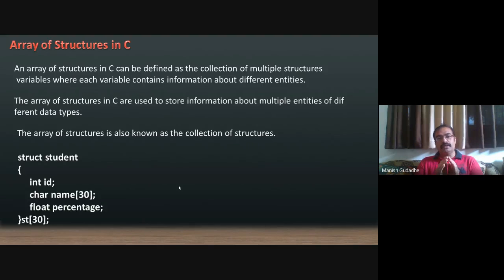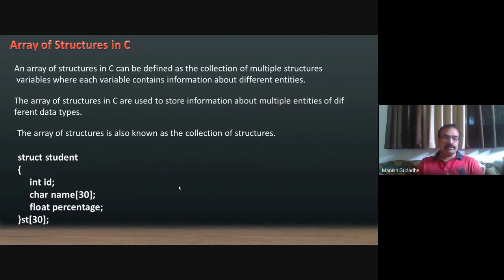So here, while constructing these arrays, we are considering the array as a unit and the structure as a unit, and those structures are brought together. What is inside a structure is not the matter of that array controller. So that's why it is possible. We are treating a structure as a single unit, and we are bringing the structures together, no matter what is inside a structure. So the array of structure in C is used to store information about multiple entities of different data types.